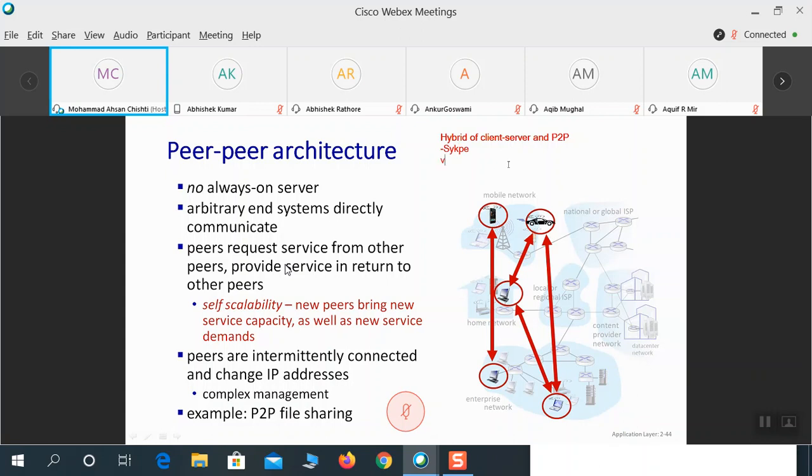How? We have VoIP P2P application, that is Skype. It has a centralized server. How do you connect to the other person? You don't directly connect to the other person through Skype. You would need a user ID, email ID, or some sort of ID which would help you in connecting to the other party. So who helps in this? Centralized server helps in this. So centralized server helps in finding address of a remote party.